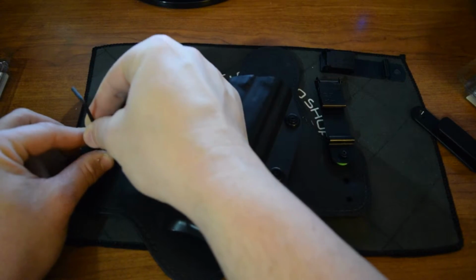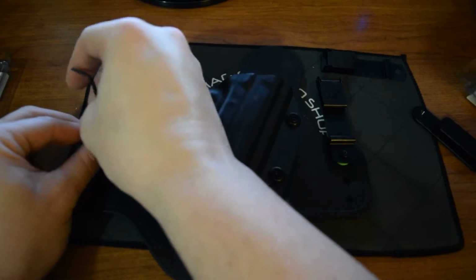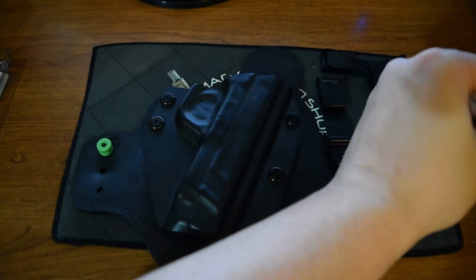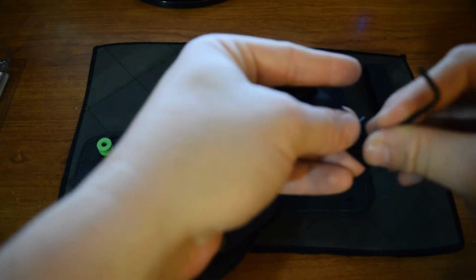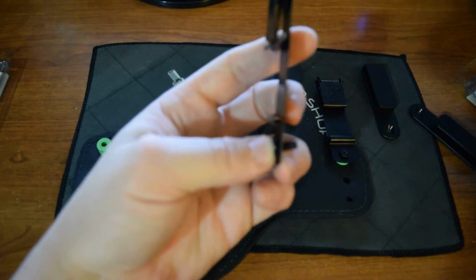The red one. So yeah, I've already taken the screw out. You don't have to remove the spacer, because I'm leaving it in there in that position. Going to put the screw through there. Now, when you're putting the screw through there, you're going to want this